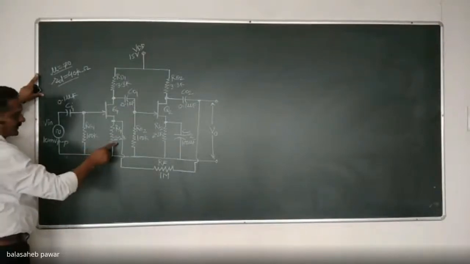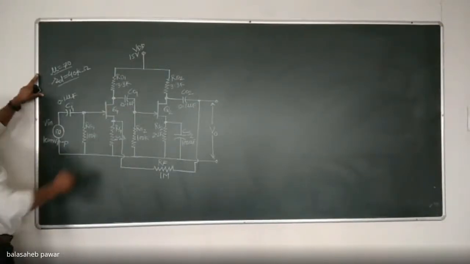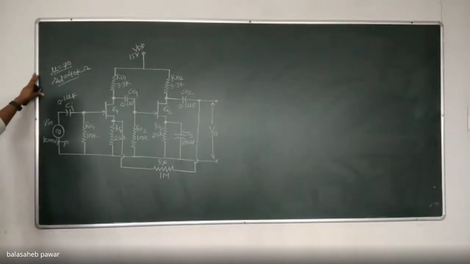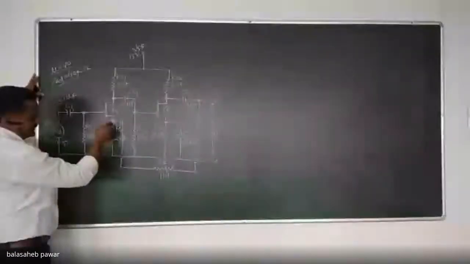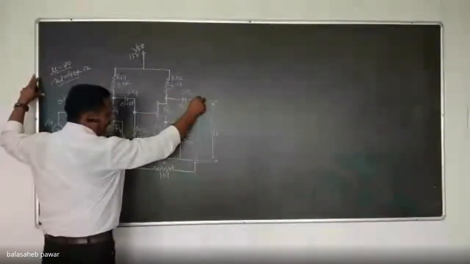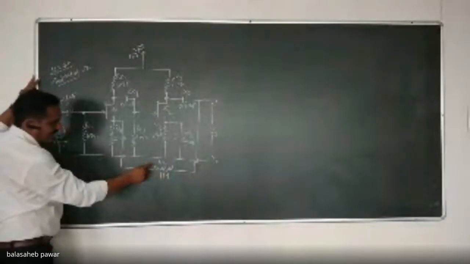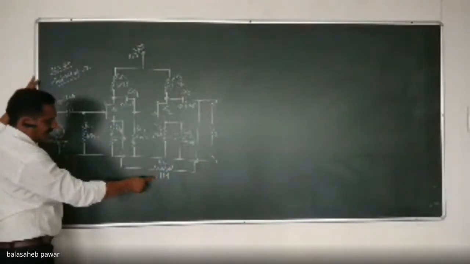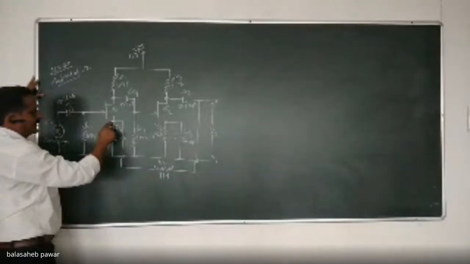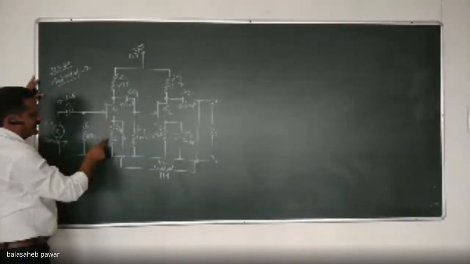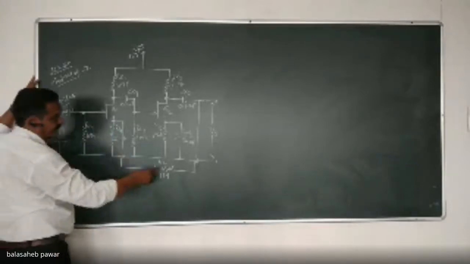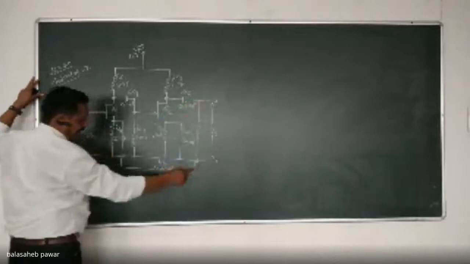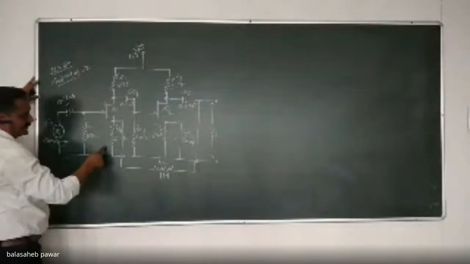You will observe one more thing, there is no bypass capacitor across this RS1, because instead of that bypass capacitor, a feedback is connected. See, some part of that output is fed back through this feedback resistor RF, which is 1 mega ohm, and its output is connected to the source terminal of the first transistor. That means in series with this RS1. Is it okay? This feedback network is connected to the output, and the output of the feedback network is connected in series with this RS1.